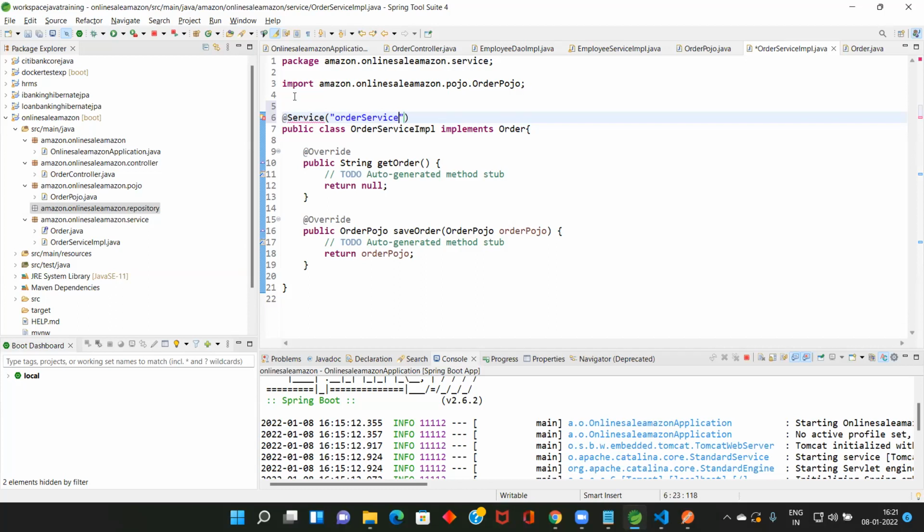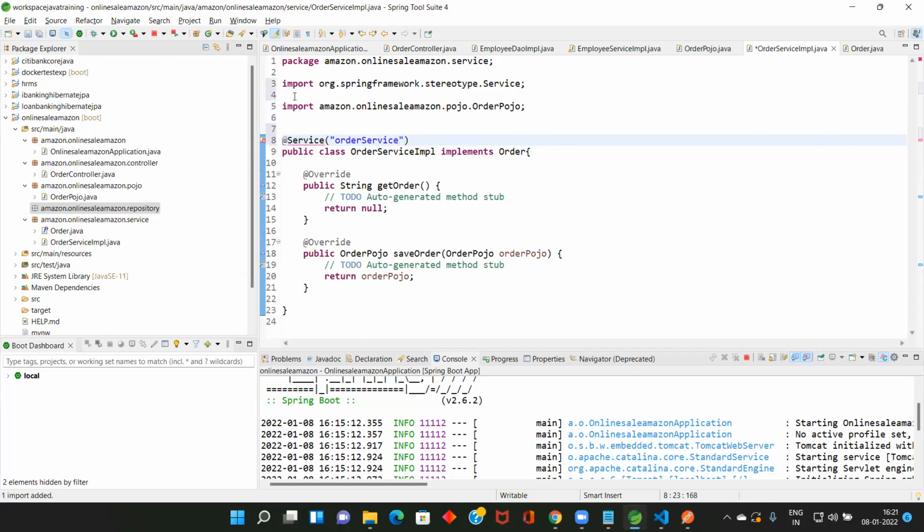Order service. Control Shift O. When I press Control Shift O, automatically the import will be added. Otherwise, you click there and do it. That's how you can correct. So Order service is the name I gave. Then I'm going to create another one, a repository.